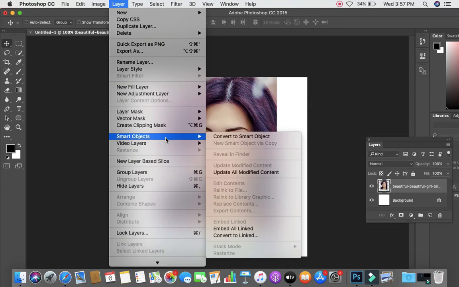So friends, this option is very important, especially when you are transforming. Transformation contains many options like rotation, scaling and everything. So for example, when you transform it, when you make it smaller or bigger, what happens? The picture is going to lose its quality because Photoshop is raster graphic.